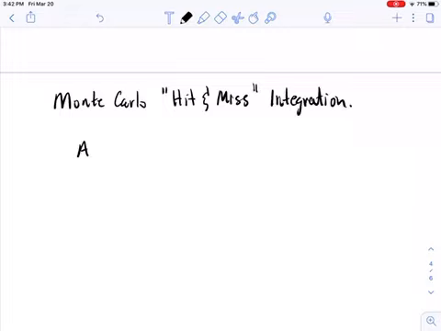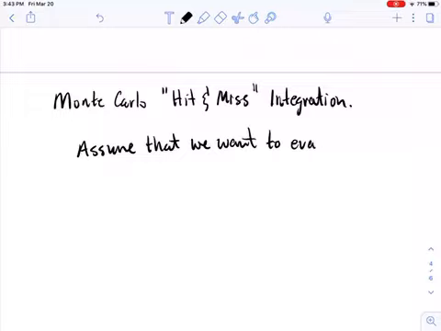So let's assume that we want to evaluate the integral f of x from x equals 0 to 1,